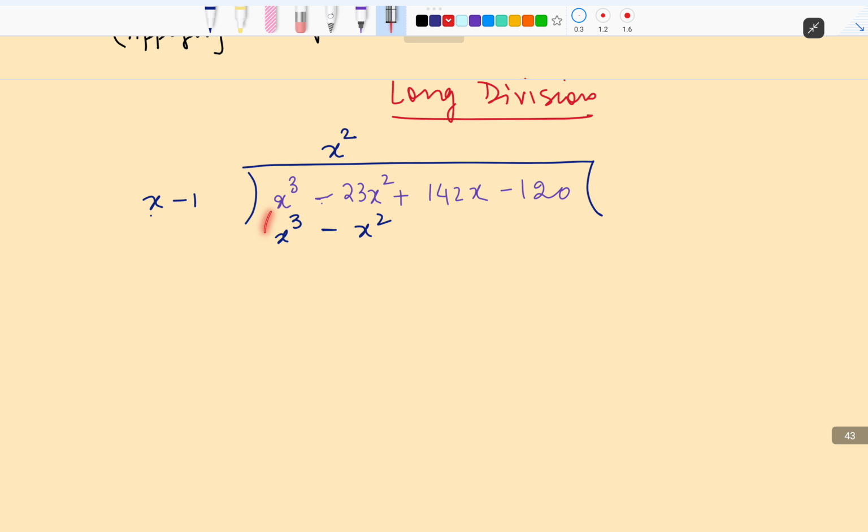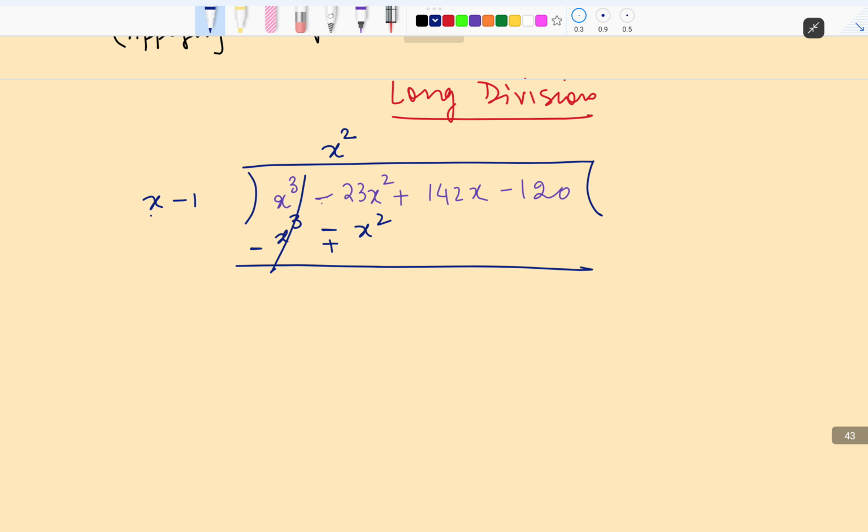Now क्योंकि मुझे इसे माइनस करना है, so what I'll do is minus and this will become plus. ओके, क्यों प्लस होगा? क्योंकि देखो इस पूरे एक्सप्रेशन को मुझे सब्ट्रैक्ट करना है इस एक्सप्रेशन से. तो अगर मैं सब्ट्रैक्ट करूंगी तो my x cube will become minus x cube when I open the bracket, but minus x square will become positive x square because minus into minus is positive. तो generally what you do is आप ये लिखते हो, then you invert the signs of the number and then you solve it.